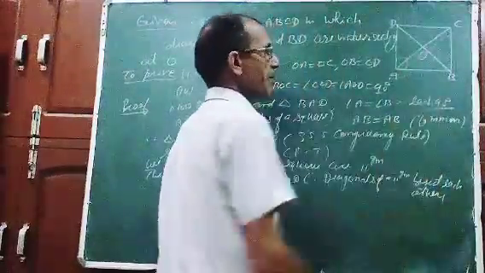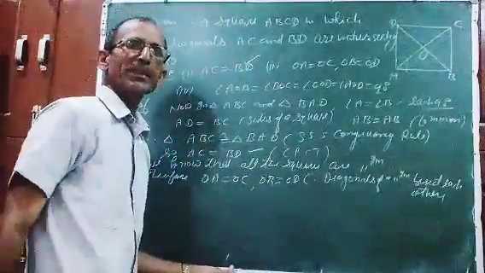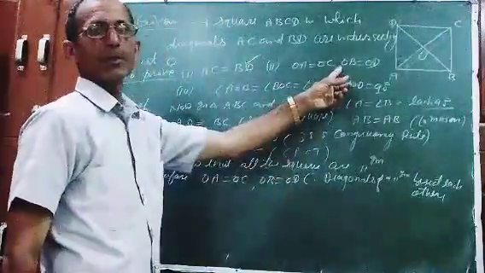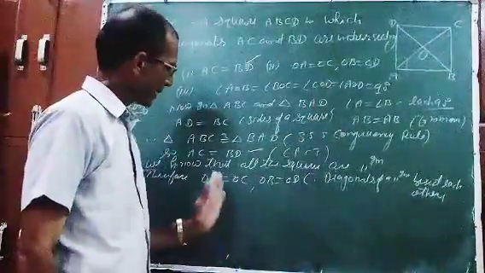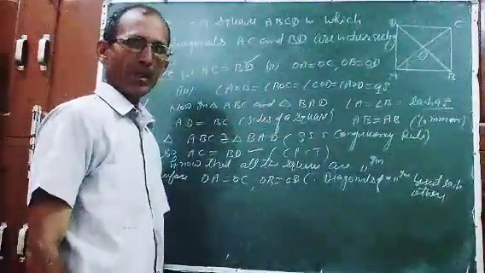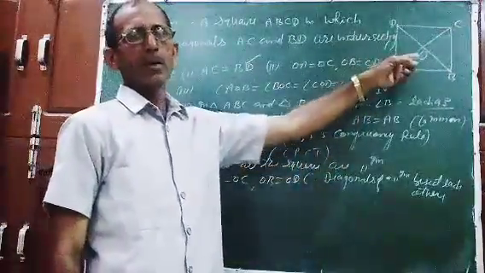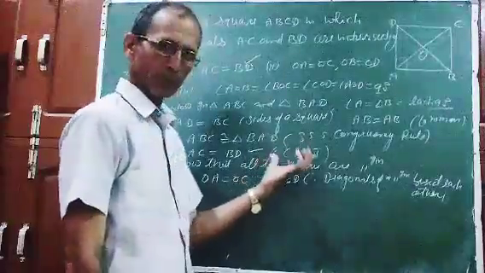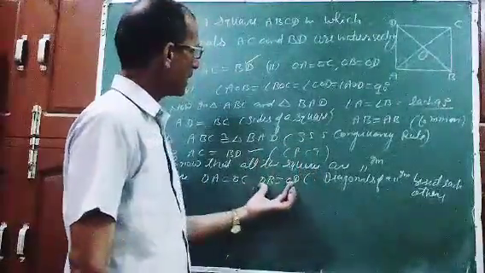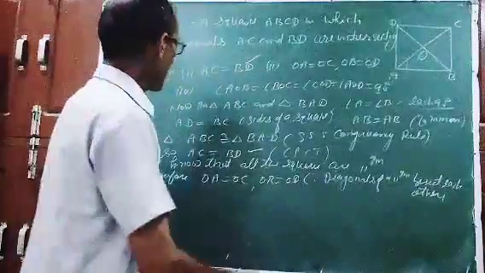So it means OA is equal to OC and OB is equal to OD. So this is the proof of the second part. So the second part is also proved. We have to prove the diagonals of a square are bisecting each other, because a square is a parallelogram. So you know the property of a parallelogram, because diagonals of a parallelogram bisect each other. So the same thing is applied here for a square also. OA is equal to OC, OB is equal to OD. Understood?